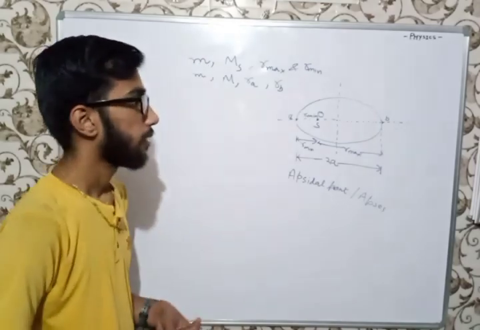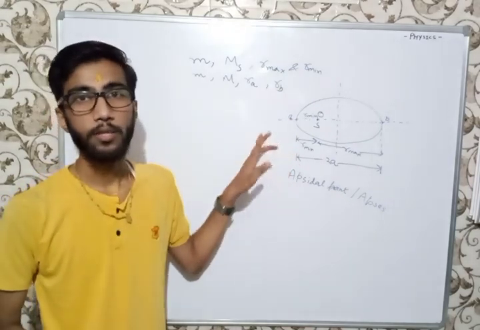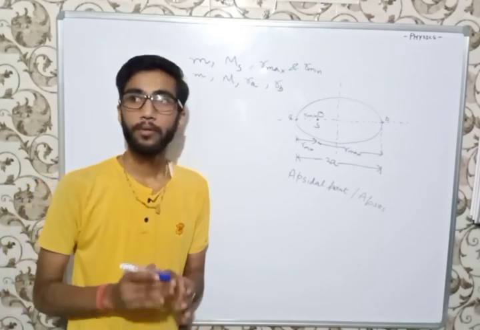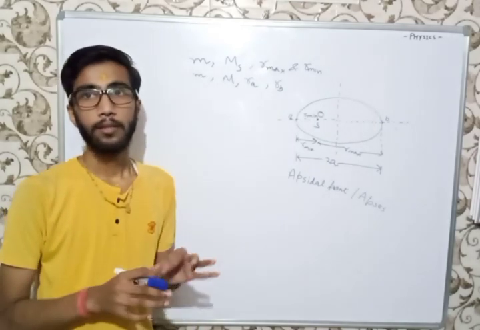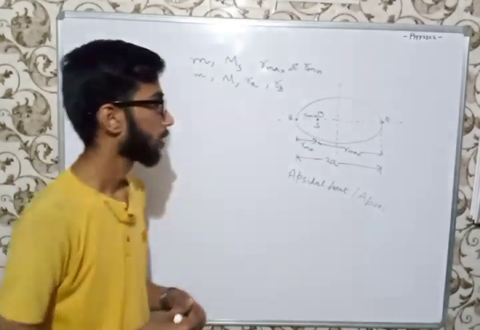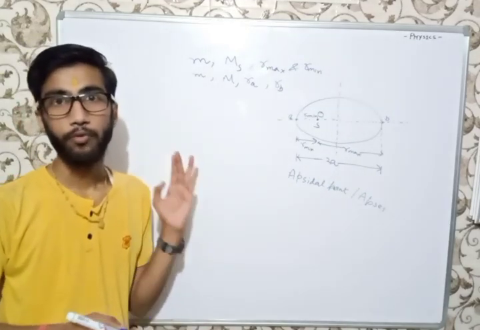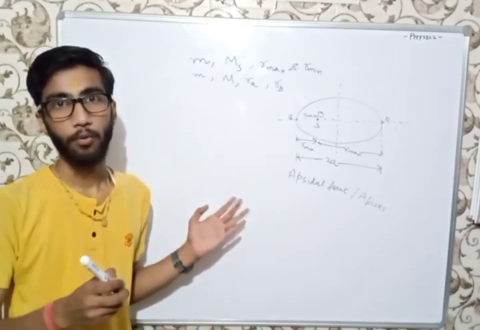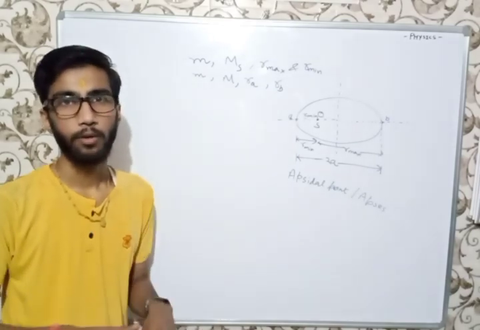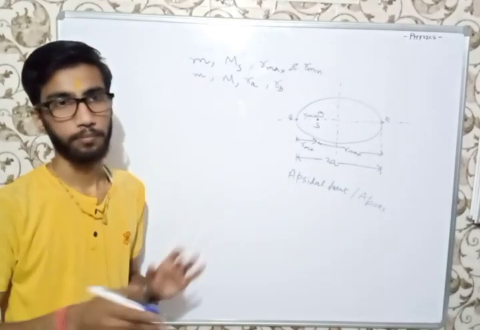It is not especially for the gravitational force. Even if electrostatic force is there, the same law will apply. So if any central force is there, the angular momentum and total mechanical energy are conserved, and the orbit is a conic section. The motion of a body under the influence of a central force is a conic section. It may be a circle, ellipse, parabola, or hyperbola, but in general it is a conic section.